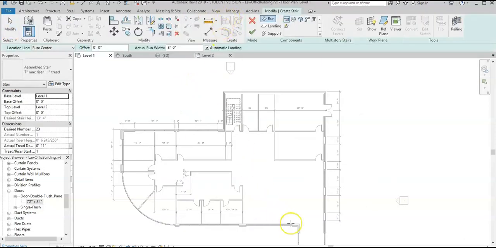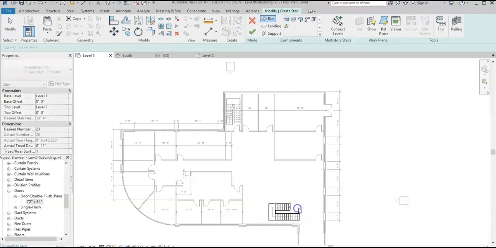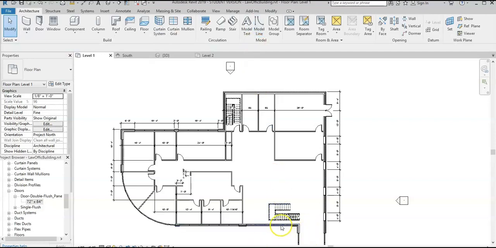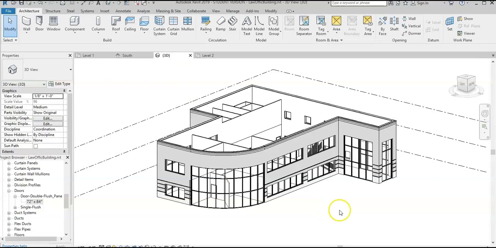Now another stair, start here, click once more here, and now finish edit mode. So the 2 stairs are added, both of them, the base level is level 1, the top level is level 2. Now in 3D view,